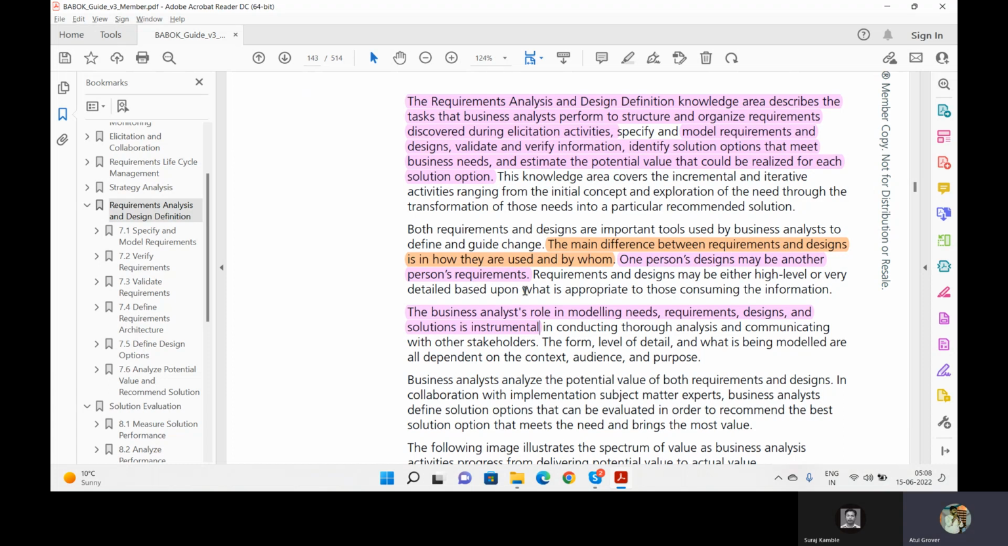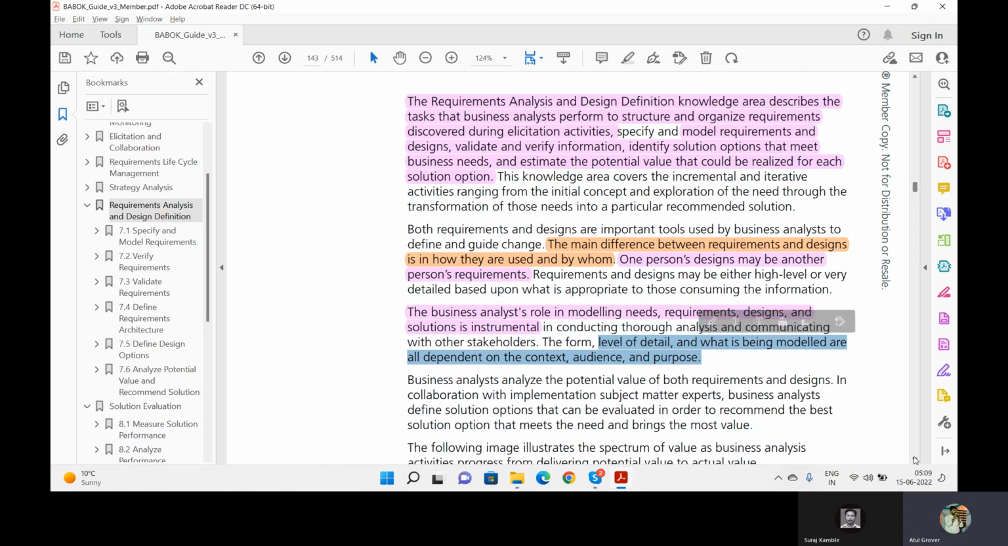If my customer, my stakeholder, is the end user only, then maybe the design will be different. But if my user is a business person only, then the design may be different. In this, we have to see that the form, level of detail, and what is being modeled depend on the context, audience and purpose. If you are designing incident management for the ITIL user, the model and the process will be different, the need will be different. But if you're designing incident management from the end user perspective, then the purpose, audience and